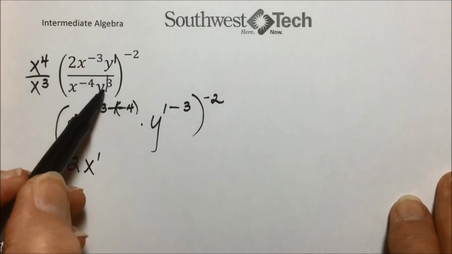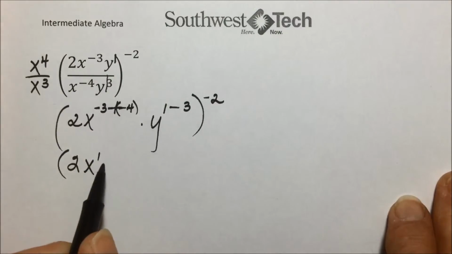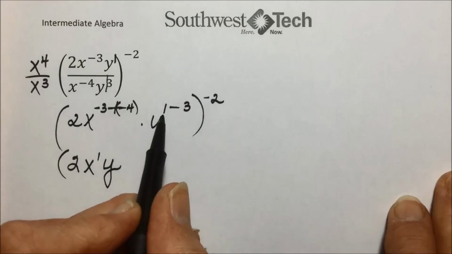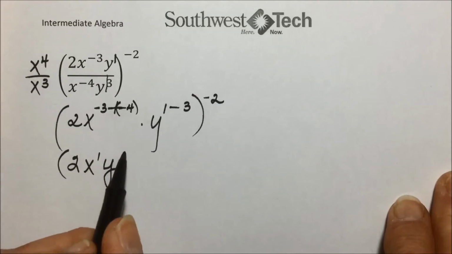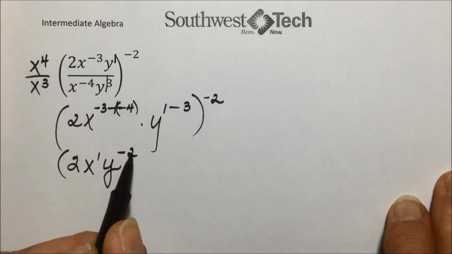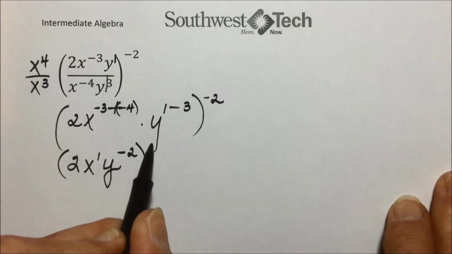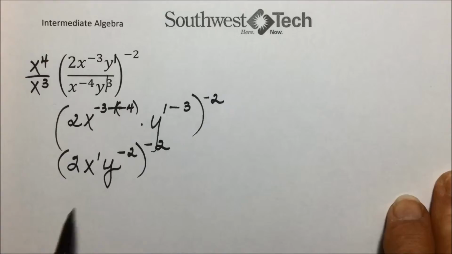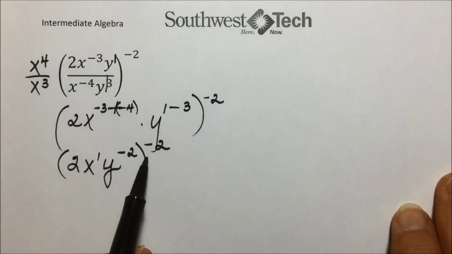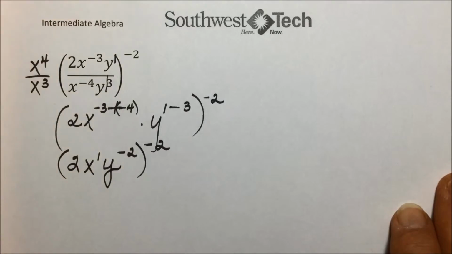This 1 y will cancel out, leaving y to the 2nd in the denominator, and we can see that when we subtract our exponents here, 1 minus 3 leaves a negative 2, which if we don't want the negative exponent, we would put in the denominator. So it's looking good. Now what we have is a product raised to a power. That means each one of those factors is raised to that power.